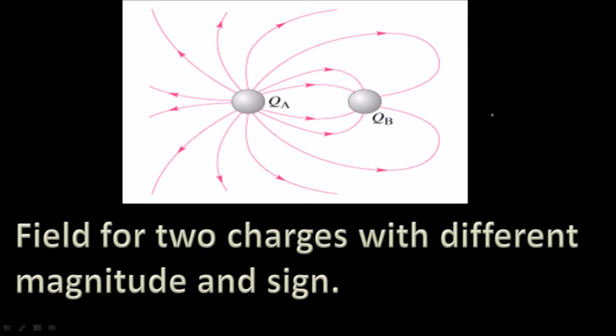Well, it might look something like this. These have different signs and different magnitudes. Which one is the positive test charge? That's right. This one is a positive charge, because it would repel a positive test charge. The arrows are moving away from it. This one is a negative charge because it would attract a positive test charge. Keep in mind that if we use a negative test charge, it will actually go in the opposite direction of